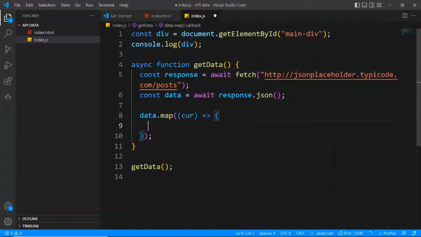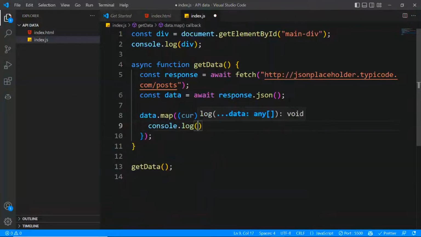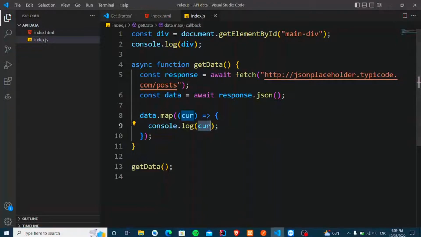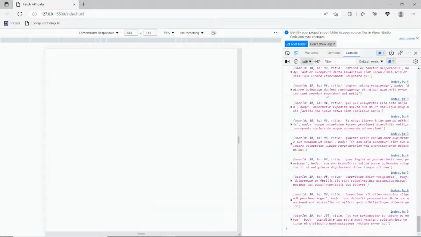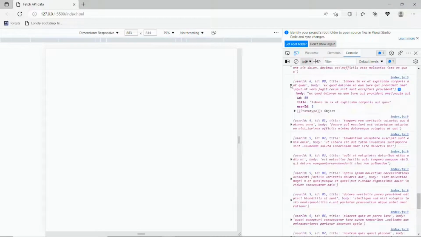Map is just like a for loop. Now let's console.log the current element. We can get all the elements of data in this core variable, or core parameter, and now we will be recording this parameter in our console. Now let's see that all the data is showing in my console, and my data has